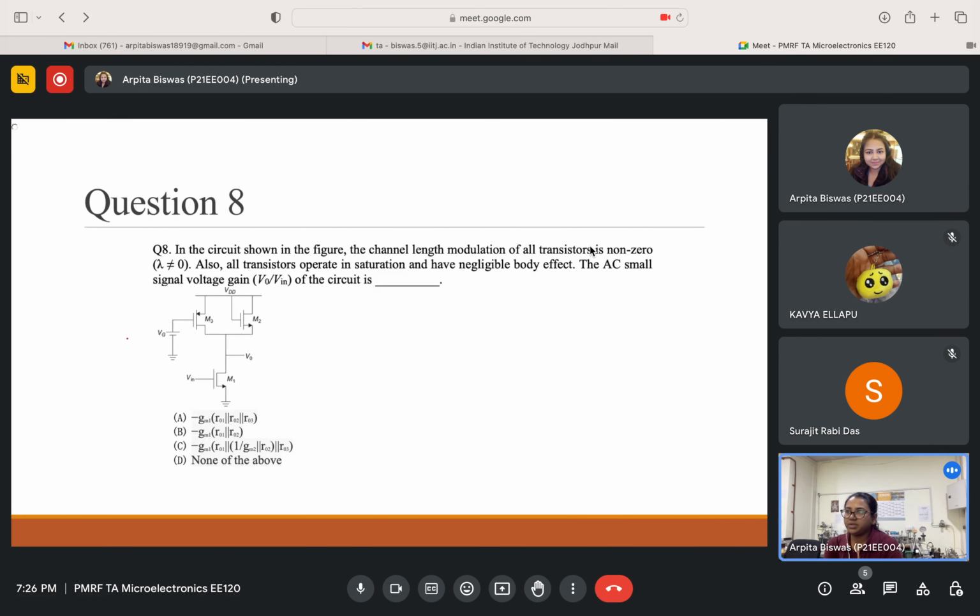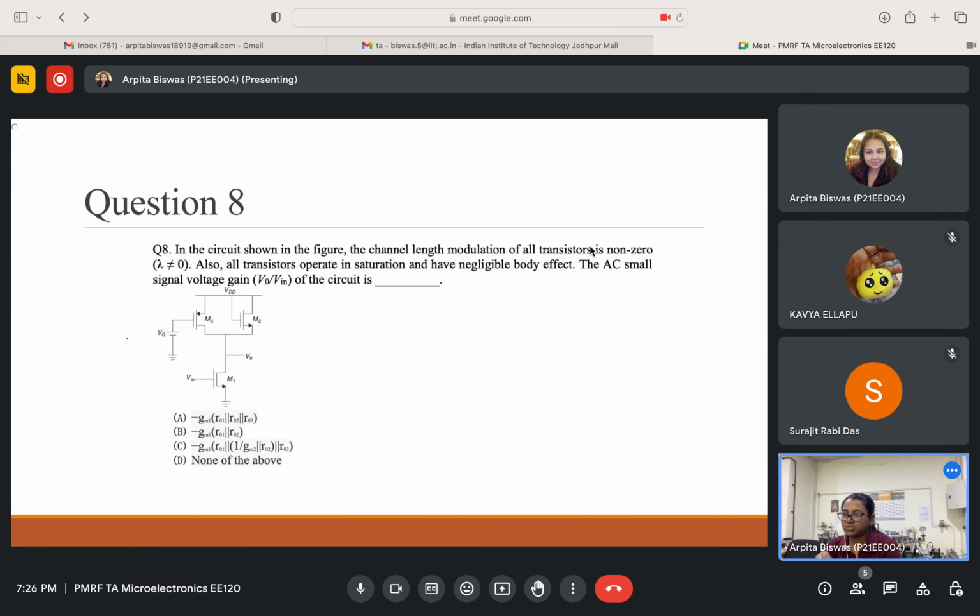So this is question number 8. In the circuit shown in the figure, the channel length modulation of all transistors is non-zero, lambda not equal to 0. Also, all transistors operate in saturation and have negligible body effect. The small signal voltage gain V0 by Vn of the circuit is given here, and the first option is minus gm1